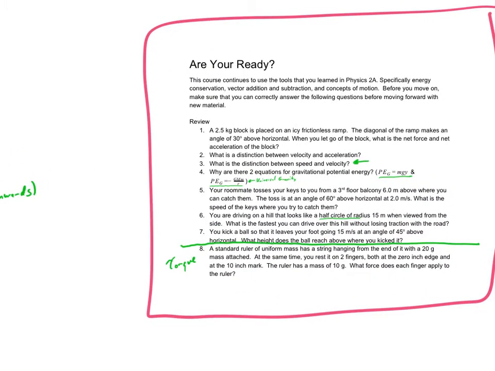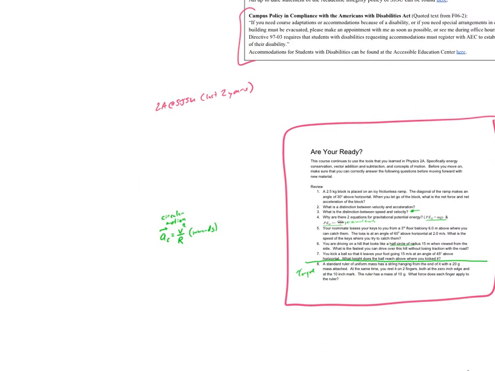The rest of these are things that were, if you took 2A at a community college, or if you took Physics 2A at a different 4-year. Community college, maybe you went to Evergreen, San Jose City, De Anza, etc., or some other 4-year, not Davis, then you probably have seen all of this material, because outside of San Jose State and Davis, all of this material is normally covered in Physics 2A.